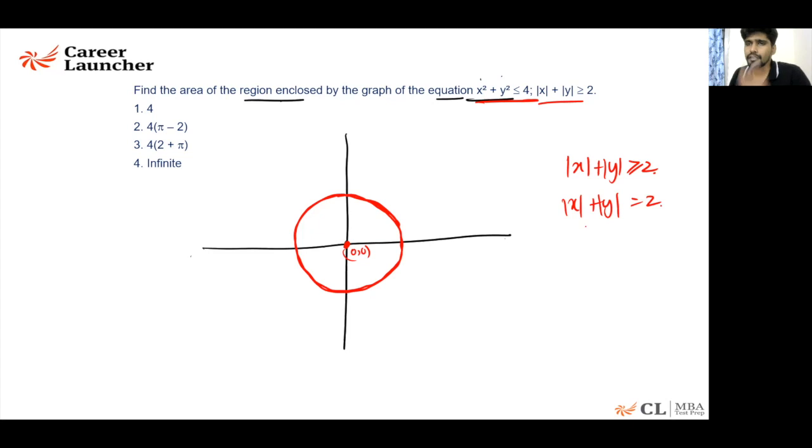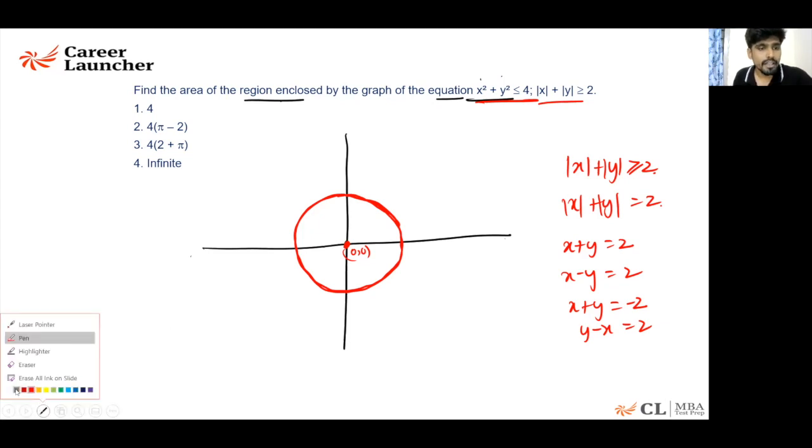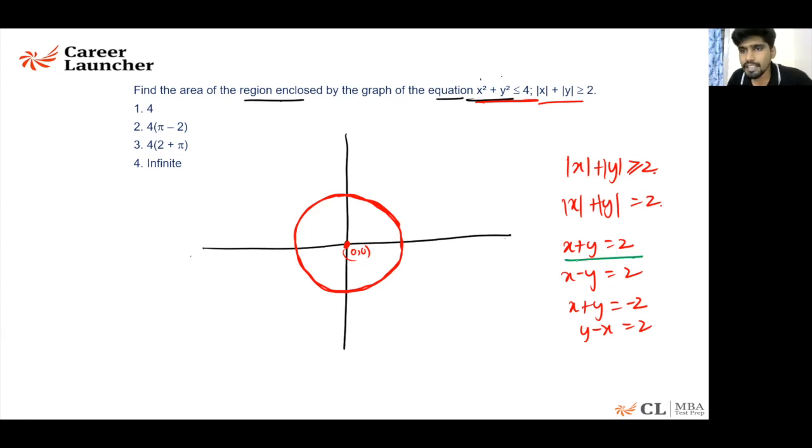So what will you get if you open plus minus minus plus kind of thing? So you will get x plus y is equal to 2, x minus y equal to 2, x plus y is equal to minus 2, y minus x is equal to 2. That is what we are going to get. Minus x plus y equal to 2. So basically x minus y is equal to minus 2. So that is what we are going to get. So if that is the case, let us draw the lines that look like this. X plus y is equal to 2 passes through 2 comma 0 and 0 comma 2. X plus y is equal to 2 will look like this.